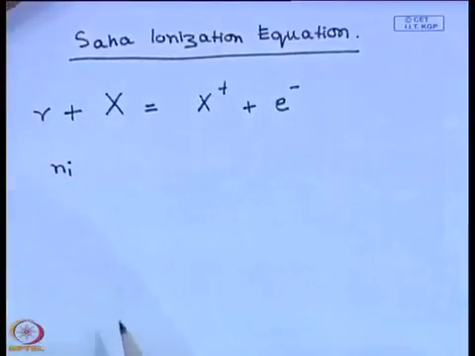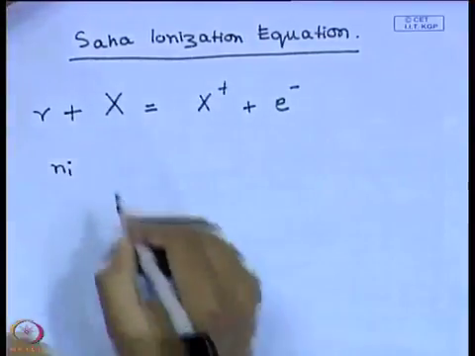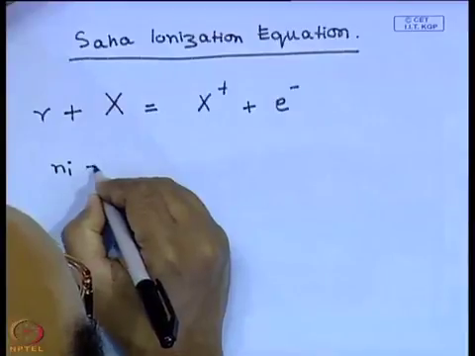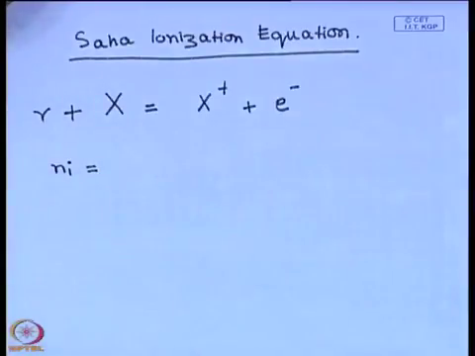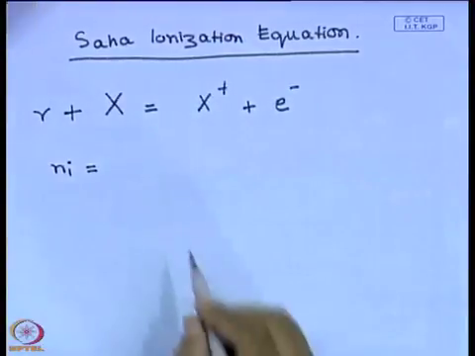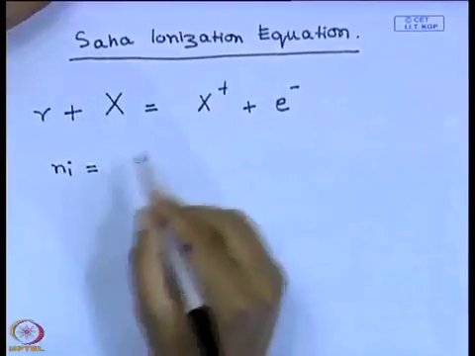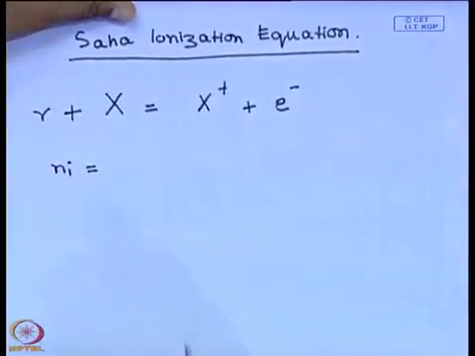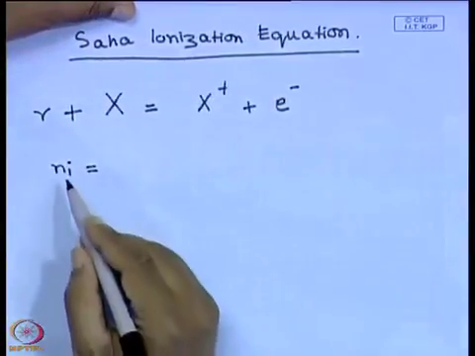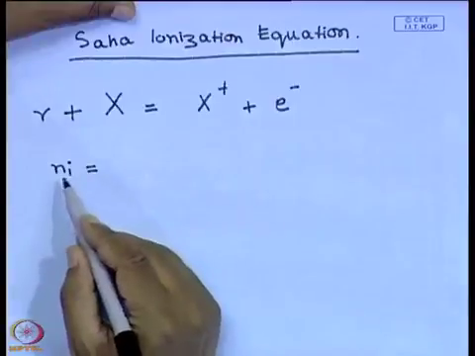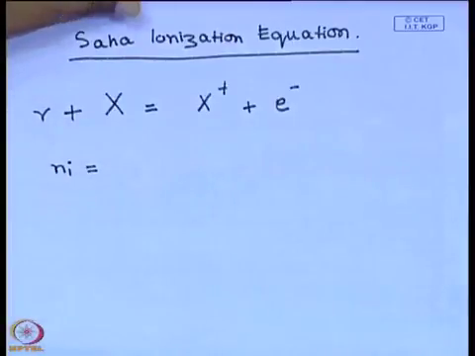So, in thermal equilibrium, the number density is given by the Maxwell-Boltzmann distribution, and the Maxwell-Boltzmann distribution tells us that the number density of particles with any specified value of momentum